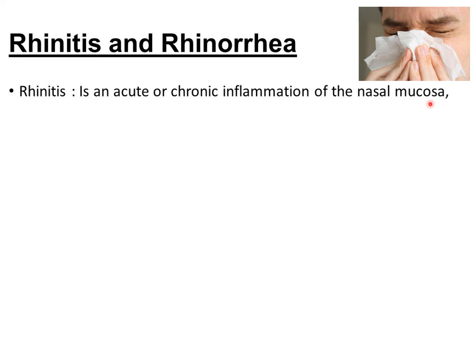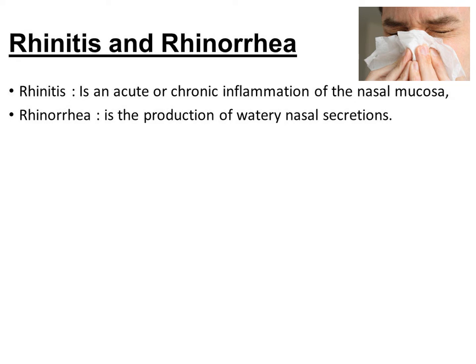So we have inflammation of the nasal mucosa, which can extend back into the nasal sinuses. It can be acute, like in the case of a cold, or even extremely acute if somebody punches you in the nose, that sort of thing. Or it can be more chronic, low level, again with this idea that if you impact the nose, you're impacting all sorts of things above and beyond just what we might think of as smell. Rhinorrhea is the production of watery nasal secretions, so a buildup of fluid. Inflammation can lead to loss of patency of the airways, difficulty breathing, difficulty smelling.